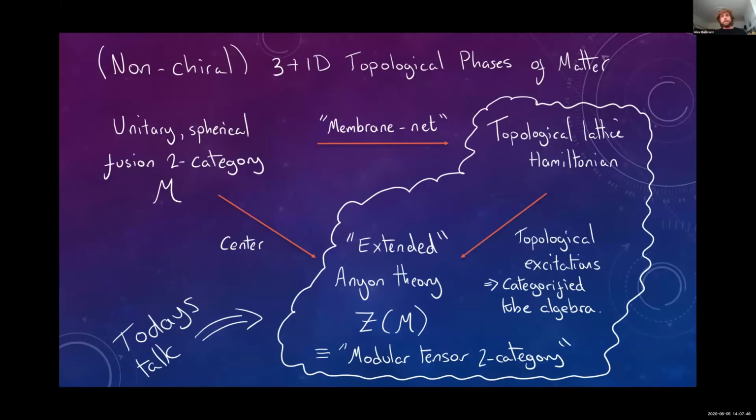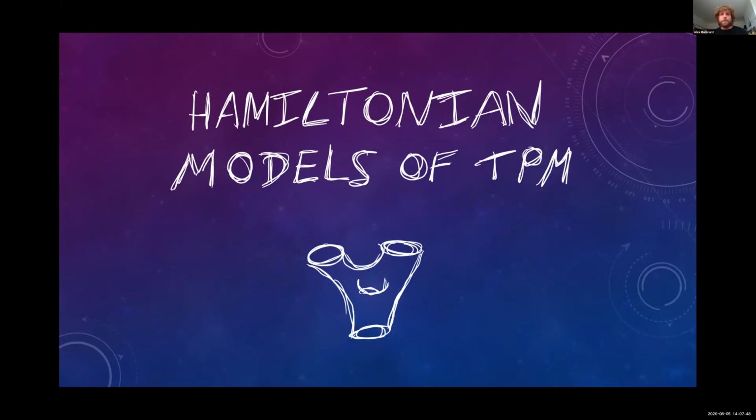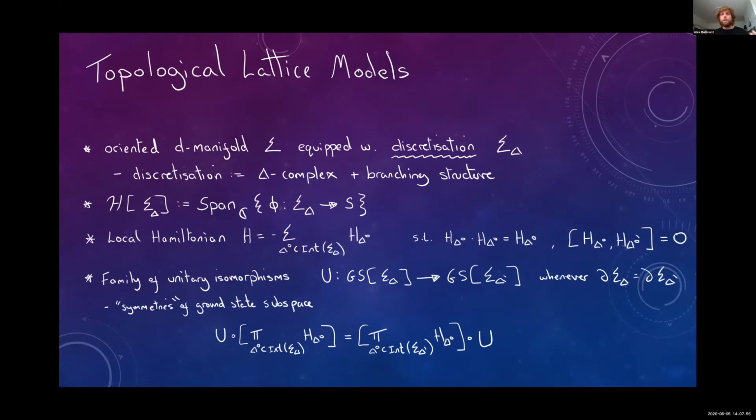Okay, so coming back to this idea, I want to begin by talking about Hamiltonian models for topological phases of matter, and in particular, what I'm going to call a topological lattice model. And this is going to be the building block for everything I say from now on. Okay, so this follows almost identically to what Clement was saying. And so what I'm going to say is that a topological lattice model is a collection of rules which for every oriented D-manifold sigma equipped with some discretization, i.e. some triangulation with some extra structure,